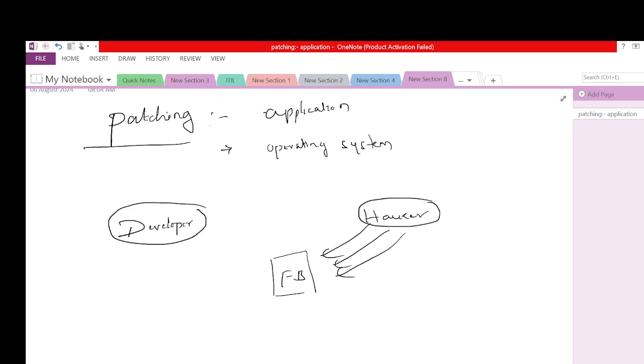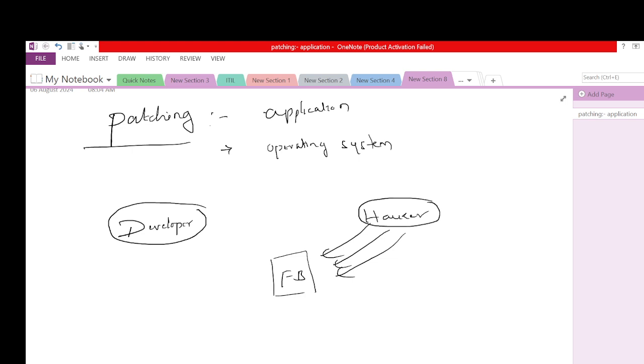I will make some impact, and if any impact has happened, can I get some ransom or maybe some benefit out of it? That's the hacker's job. So the developers are intended to release the application as soon as possible, and the hacker is intended to hack the application.